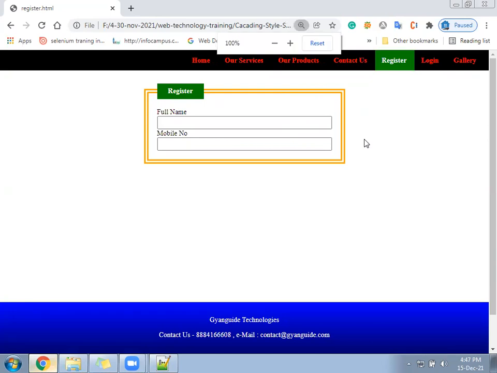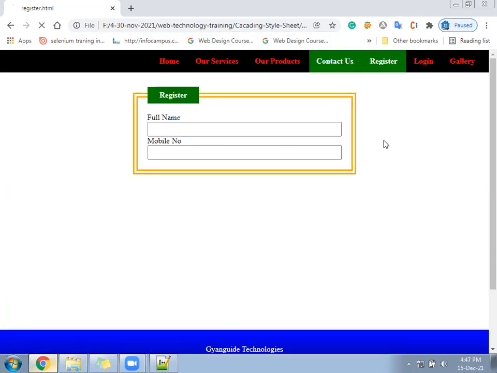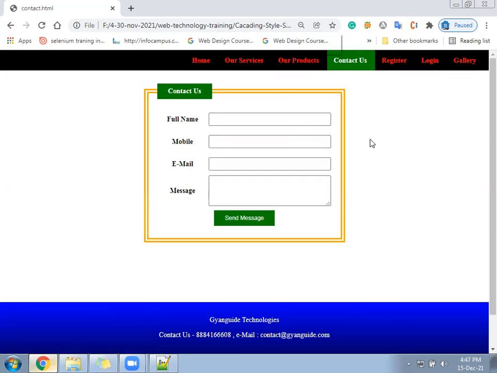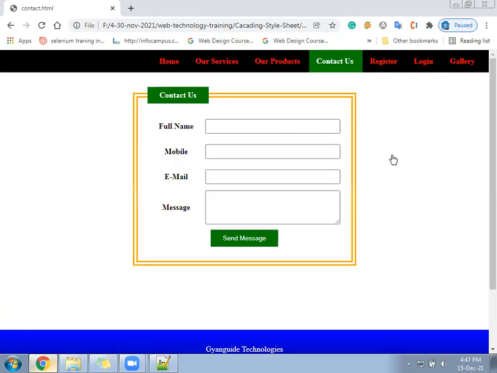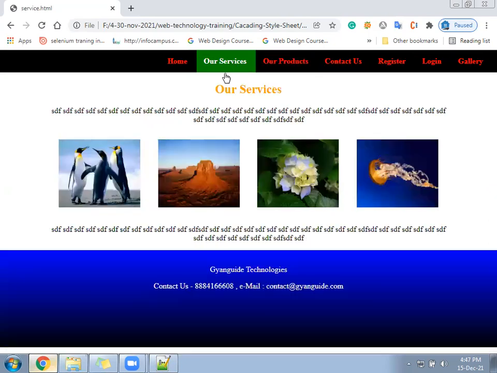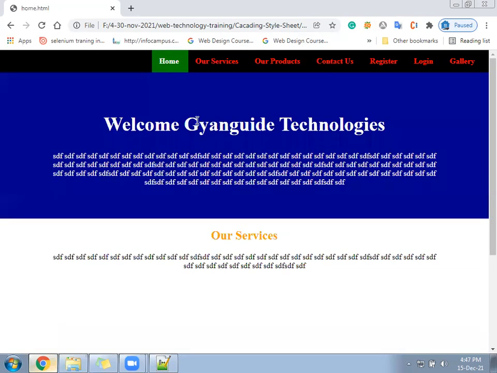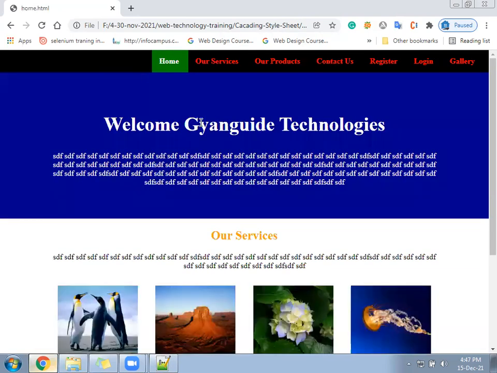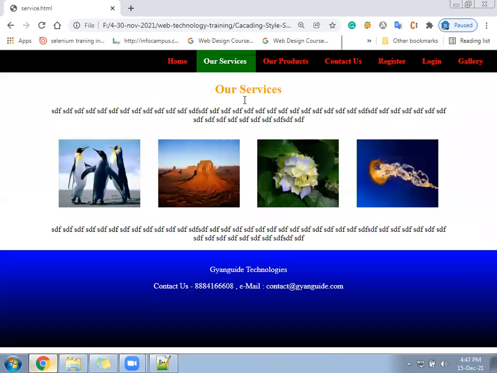Hold on, all my pages are running on 90%. Let me convert into 100%. This is also running on 90%. This becomes 100%. Already on. Okay. This is how much? 100%.